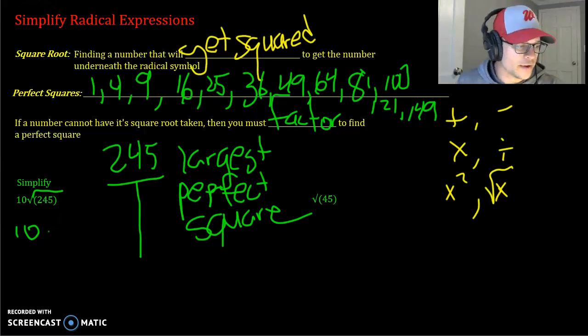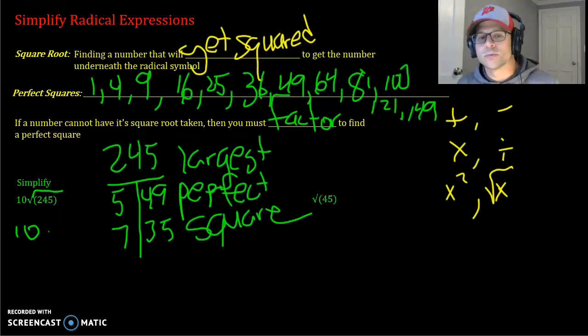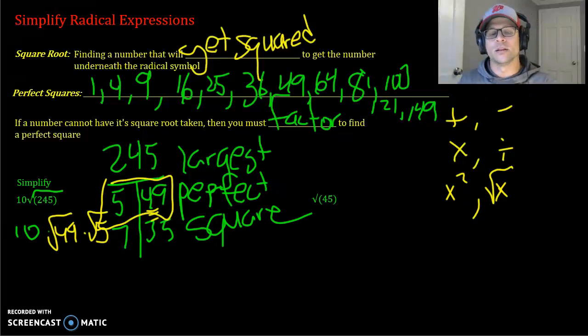So 245. 5 is a factor times 49. 7 is a factor times 35. Now this one's pretty easy. There's only one number that is a perfect square, and it's this 49. So we're going to split up our number 245 into the square root of 49 times the square root of 5. I'm writing the perfect square first, and you'll see what I mean when I do the next step,